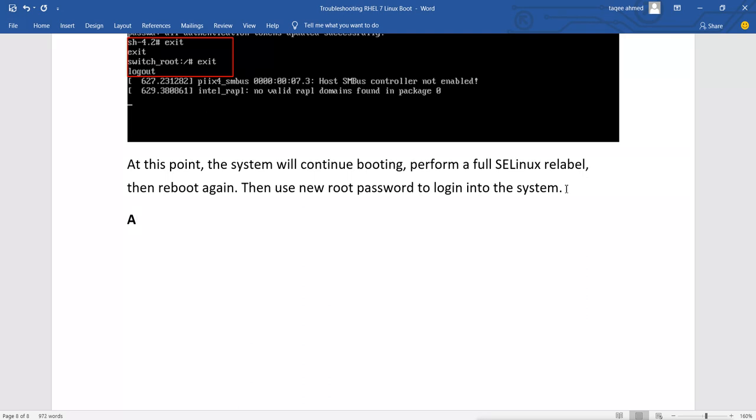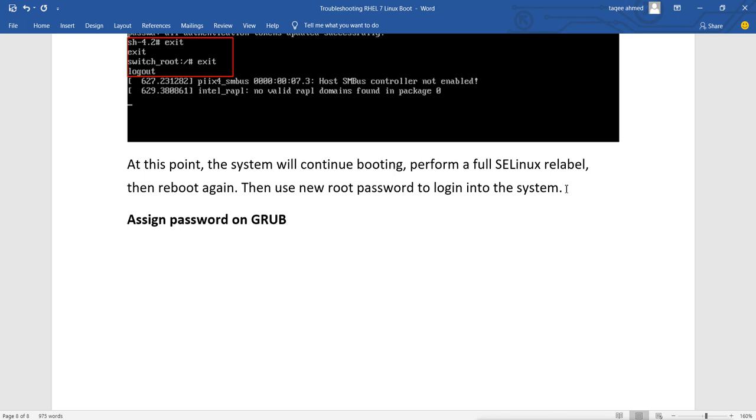We can assign a password on grub. Assigning a password on grub means whenever anyone tries to edit kernel options, it will ask for the password. This root password resetting is possible because grub is allowing us to reset the password. Grub is allowing us to edit the options of the kernel.